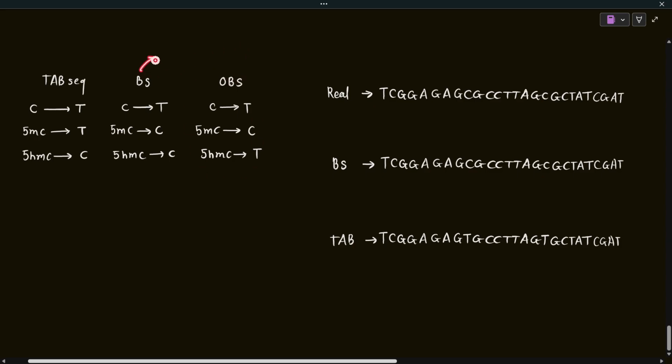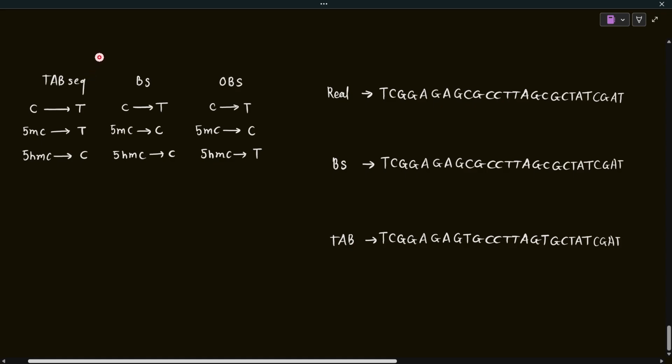So in bisulfite sequencing, we can detect 5-methyl cytosine, but we cannot differentiate between 5-methyl cytosine and 5-hydroxymethyl cytosine. But in oxidative bisulfite sequencing, we can detect 5-hydroxymethyl cytosine and 5-methyl cytosine, meaning we can differentiate between both of them. While TAB sequencing is a different method, this uses the TET enzyme, as well as